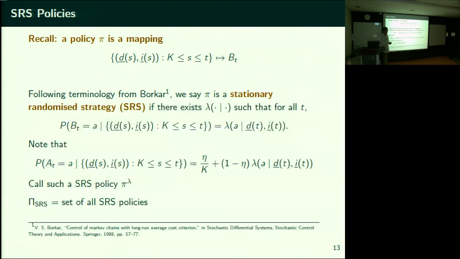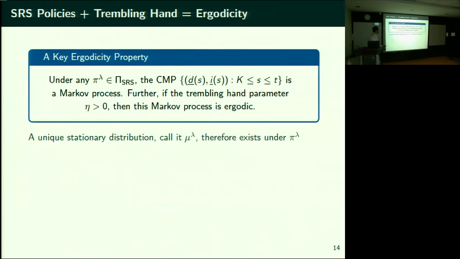Then my question is, why is it that only when eta is positive you get an ergodic process? Your statement says that if eta is greater than 0, then your process is ergodic. What happens when eta is equal to 0? Is it necessarily non-ergodic? So ergodicity has many aspects to it. One is you should be able to go from any state to any other state with a strictly positive probability. That is the irreducibility part of ergodicity. And then of course there is aperiodicity and then positive recurrence.